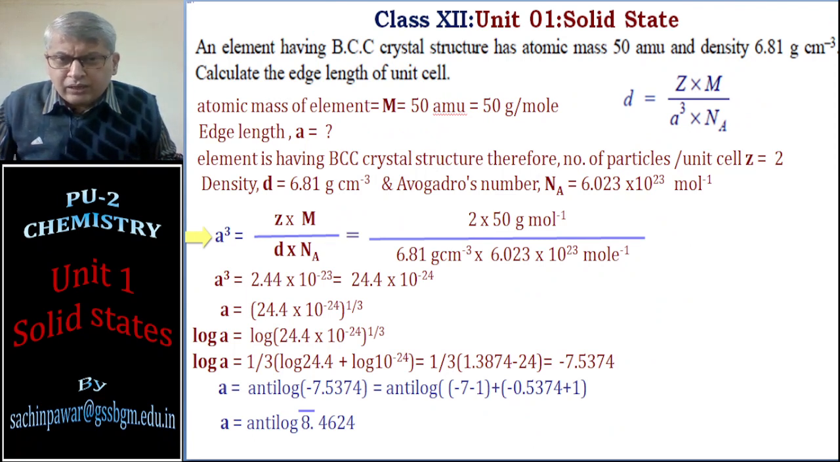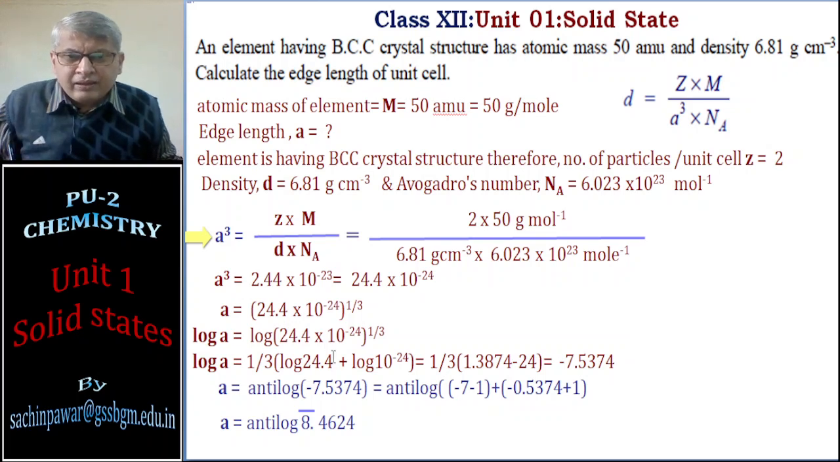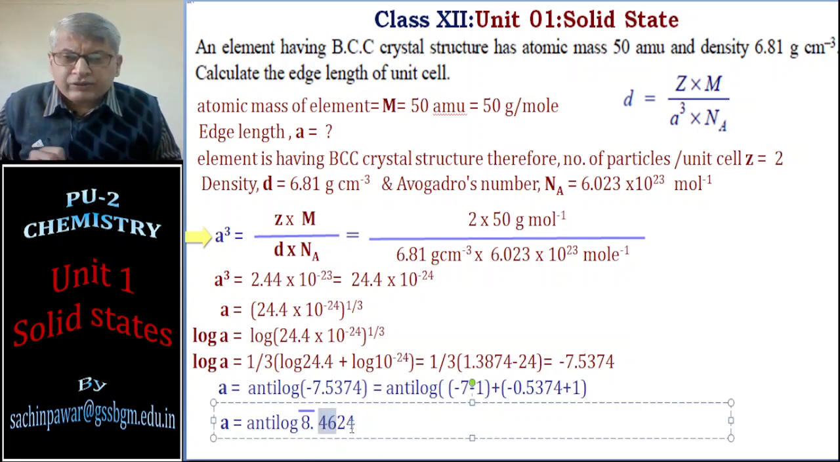So you see minus 7 plus minus 7.5374 is split as -7, -1, plus I have added -1 to the characteristics and +1 to the mantissa, and finally I have got the answer as antilog of bar 8.4624. Now in the antilog chart I have to go for 0.44th row, second column,